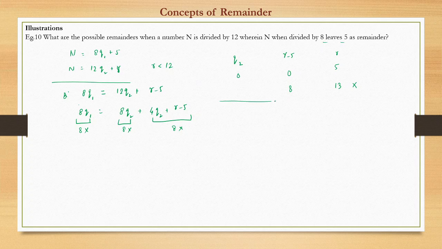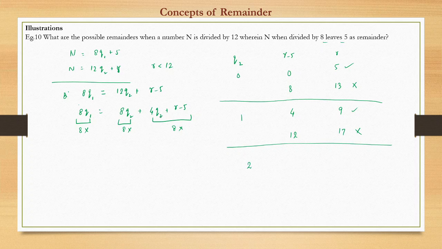Now if q2 is equal to 1, this becomes 4. 4 into 1, 4. So r minus 5 has to be either 4, so that 4 plus 4, 8 will be a multiple of 8, or it will be 12 such that 12 plus 4, 16 will be a multiple of 8. So what will be the value of r? That will be 5 plus 4, 9, and 12 plus 5, 17. 17 we will not take, and further cases will be even higher, so we will not go. 9 we will take.